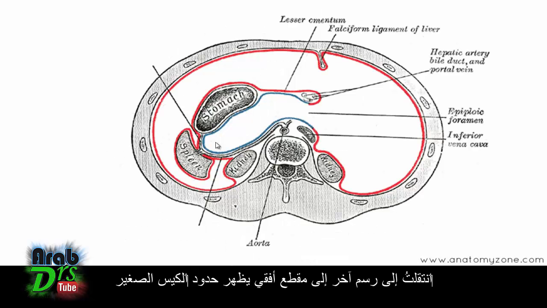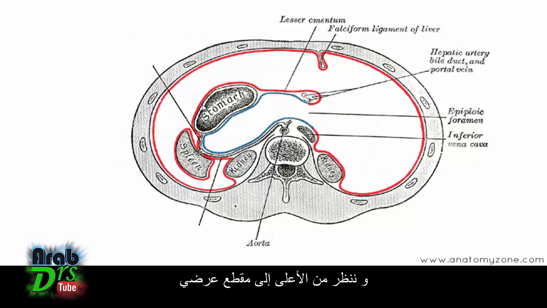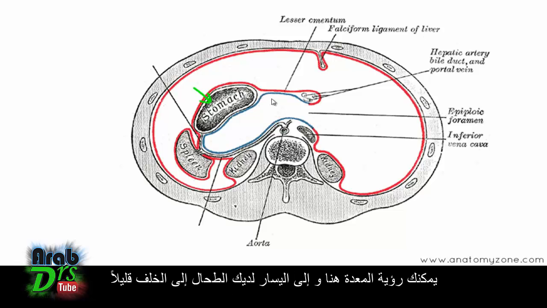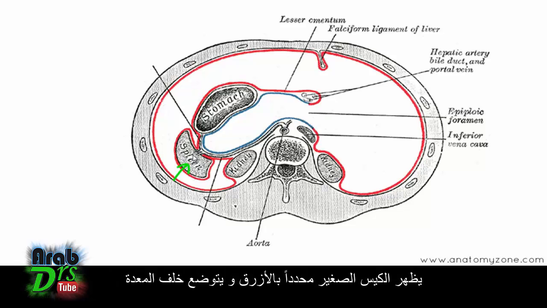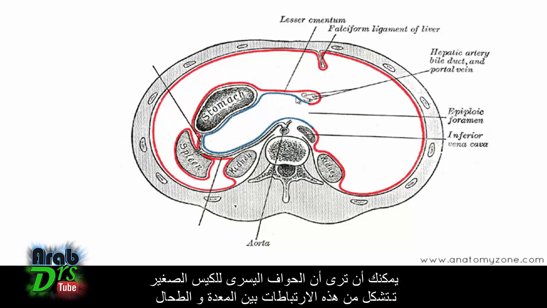So I've switched over to another diagram, a horizontal section, and this shows the boundaries of the lesser sac. So we're looking superiorly down at a cross section, and you can see the stomach here, and to the left you've got the spleen, and slightly posteriorly. So the lesser sac is this bit outlined in blue, sitting behind the stomach, and you can see that on the left